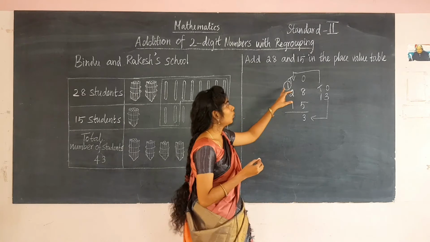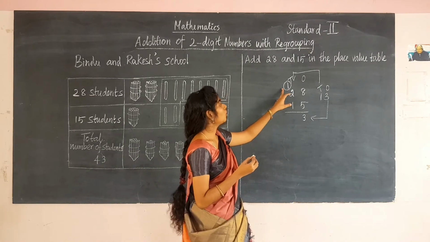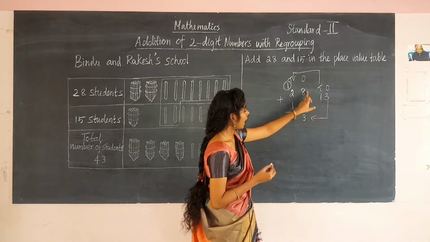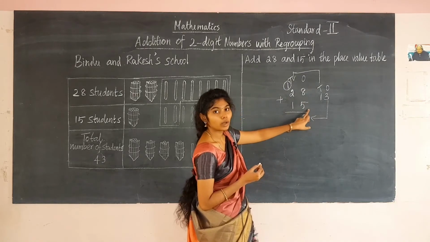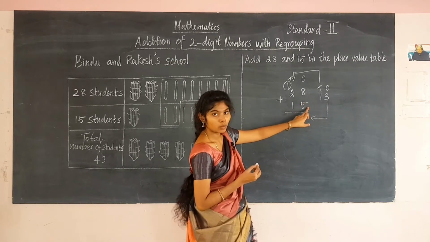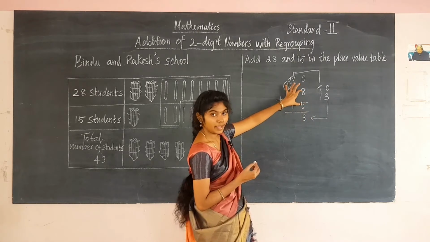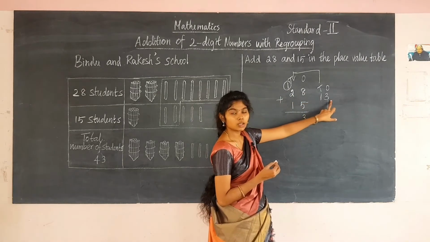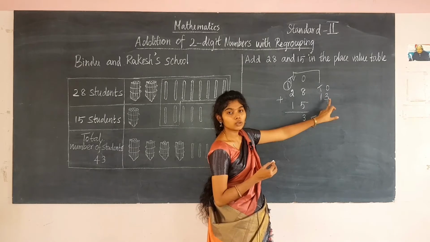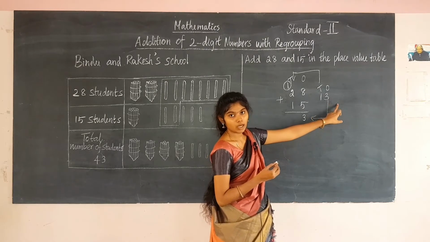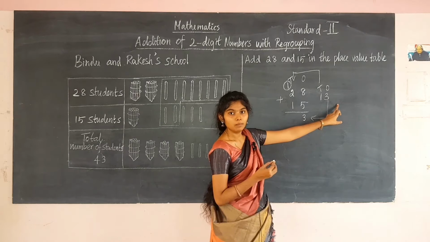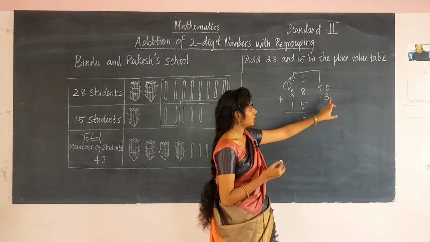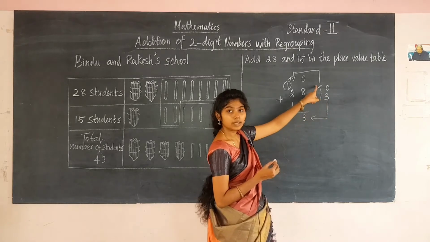Round that number, then only we know it is a carryover number. So take 1 to the tens place. First you have to add these two numbers, 8 and 5, in the ones place. That is 8 ones and 5 ones. You are adding 8 plus 5 and you have got the number 13. It is a 2-digit number, so you are writing outside. Then you have to give the place values. 3 is in the ones place and 1 is in the tens place.